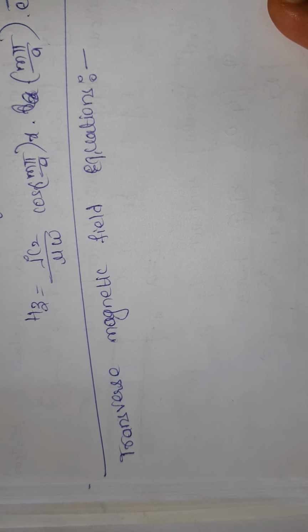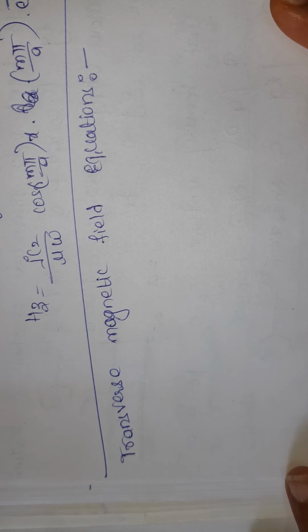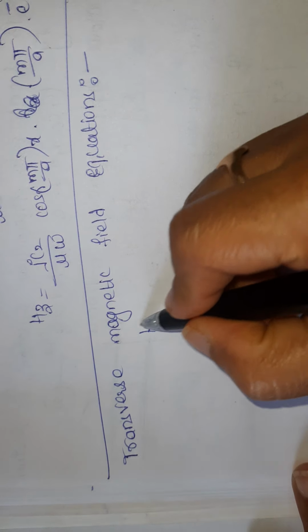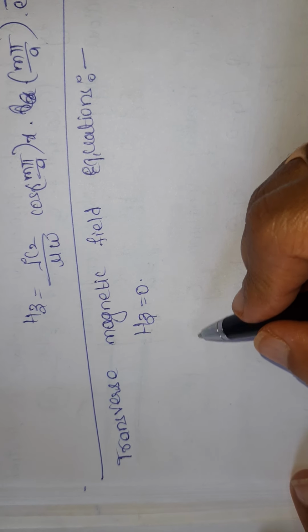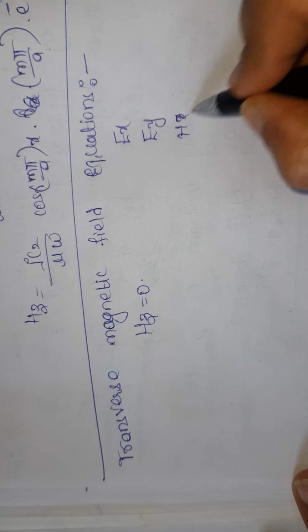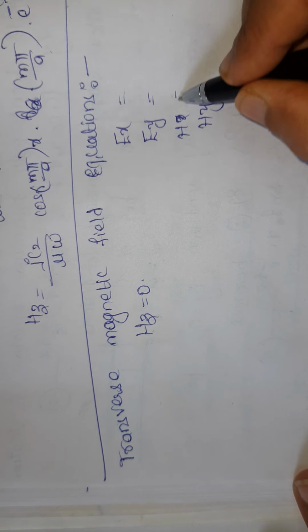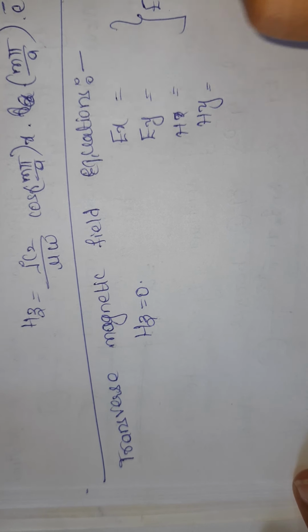Hello students. In the last session we discussed the transverse electric field equations, the TE field equations, separately. Now we are going to discuss the TM field equations. To get the transverse magnetic TM mode, you have to substitute Hz equal to 0 in the field components, that is Ex, Ey, Hz, Hx, Hy. These are the field component equations which involve Ez, Hz